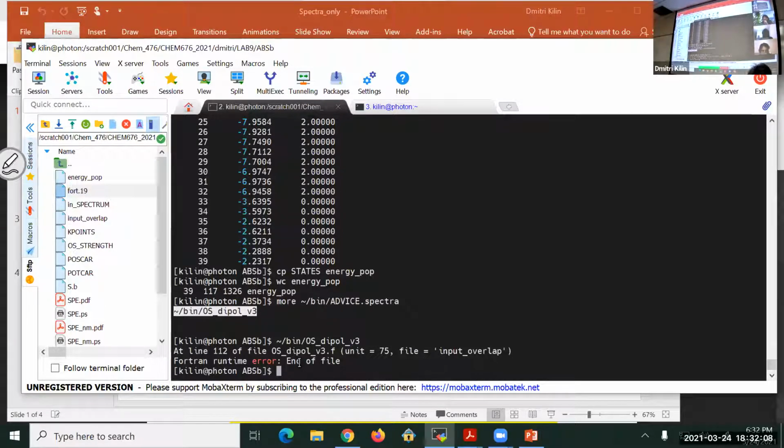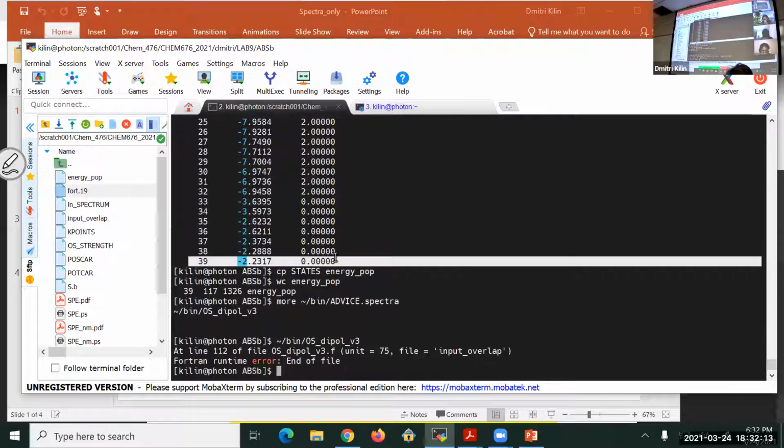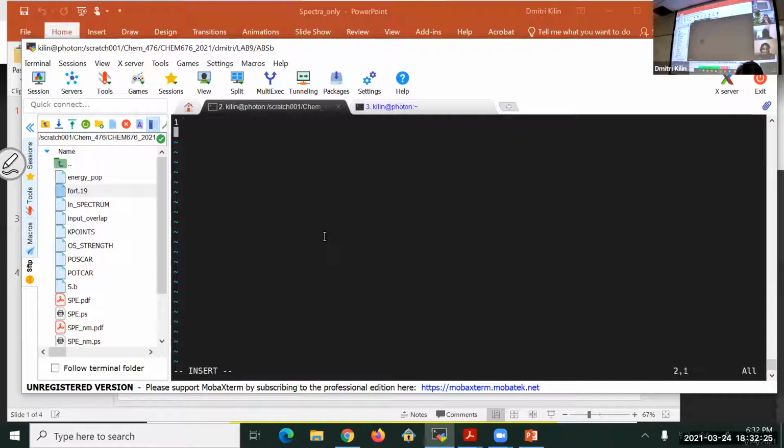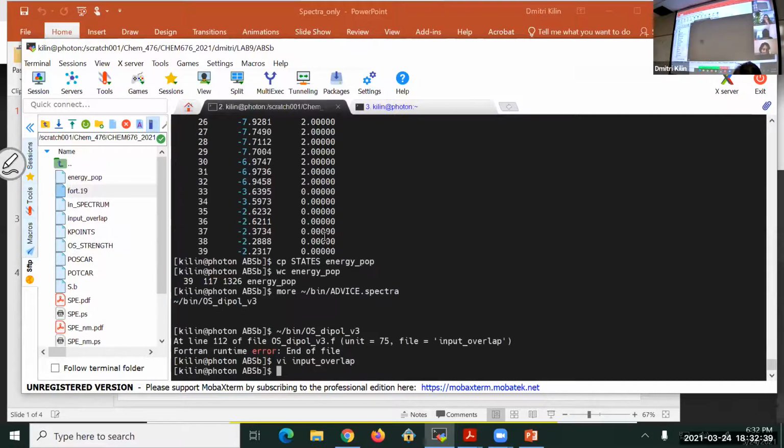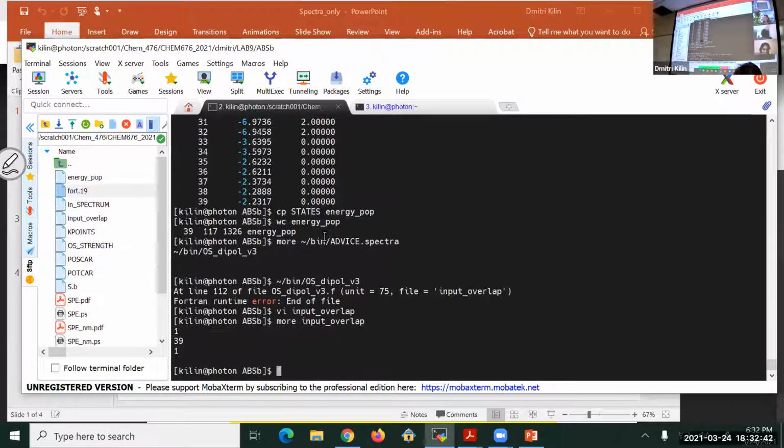with the name input overlap. The total number of orbitals here goes from 1 to 39 for this specific system. So I create the file with vi, input overlap. First line 1, second line number of orbitals, third line 1, which means nothing. I was lazy to change the code. It was used before. So the file input overlap is here, and after that, I execute this binary, oscillator strength dipole